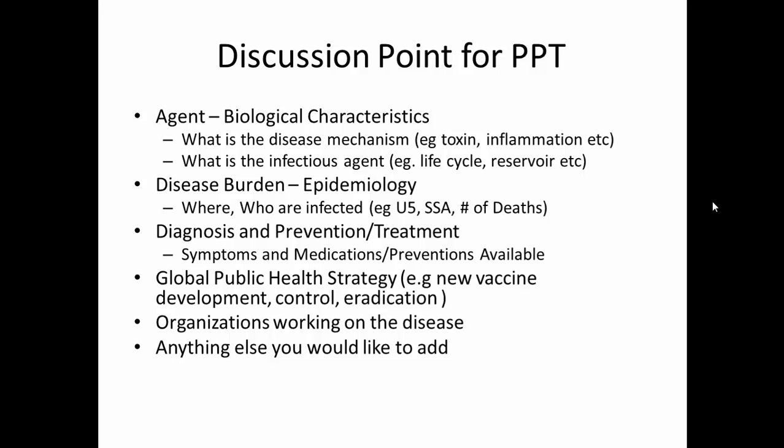Then you're going to start talking about the global health strategy and the public health strategy related to it, such as if there's current vaccines, how are the vaccines distributed, if there's no vaccine and new vaccines are being developed, or if there are current vaccines and better vaccines are being developed, some issues like that. Some of the control, eradication, elimination strategies, whether they're local, specific to a country, specific to a region, or global, and so on. And then you're going to talk about some of the organizations that are working on the disease,